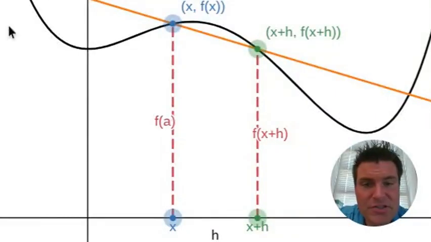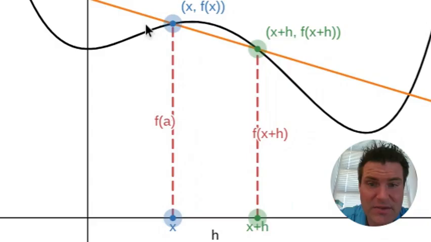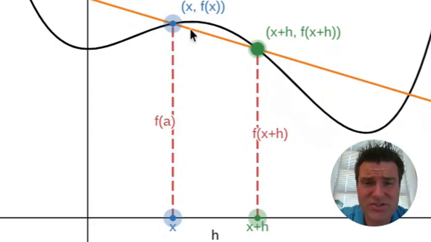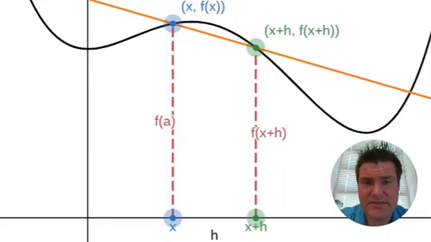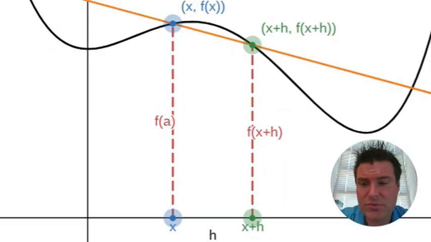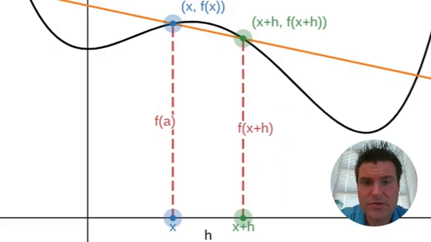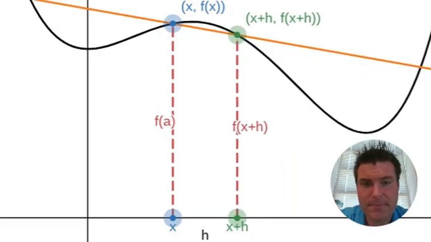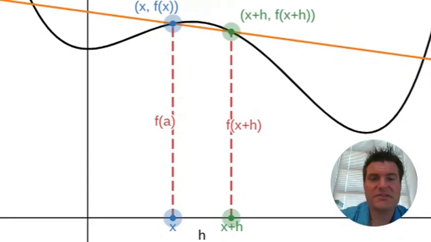So here we have just some random curve, and I can find the secant line of this by having f of a, and then f of b. We can find the secant line right here by subtracting this. That's what this orange line is. It's just the secant line. Now, what happens if I take this second point and I move it closer to the initial point, the blue point? So now we still have a secant line,